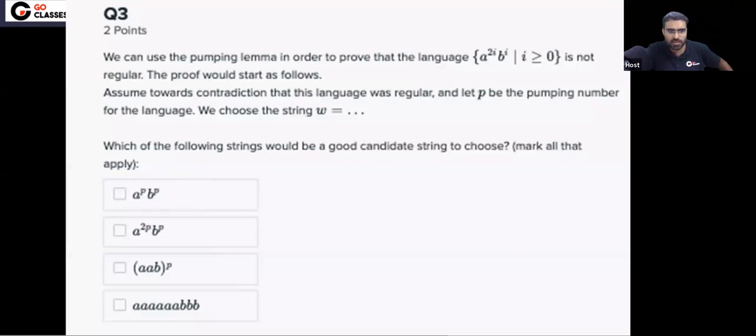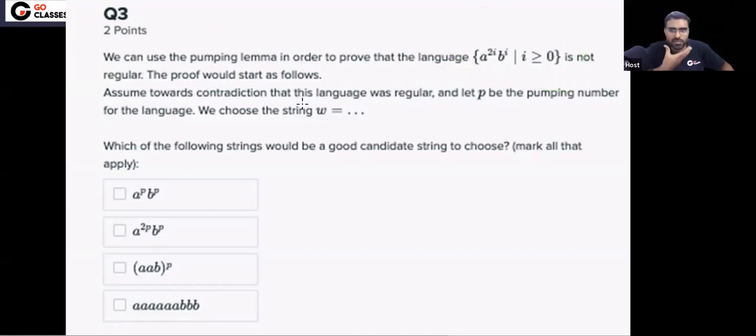let's solve this university question. You will get 2 points. This is a nice question from a top university. Let's solve it quickly. Now you are an expert, remember. We can use the pumping lemma in order to prove that this language is not regular. How will the proof start? The proof will start like this: if this is regular,